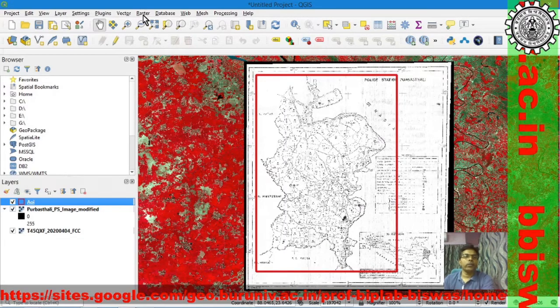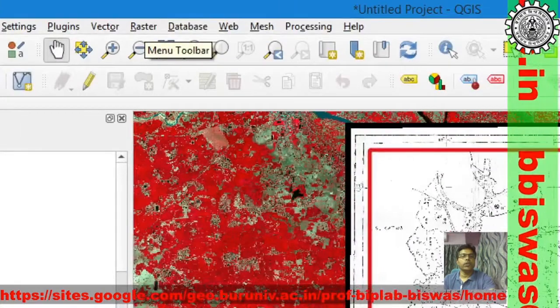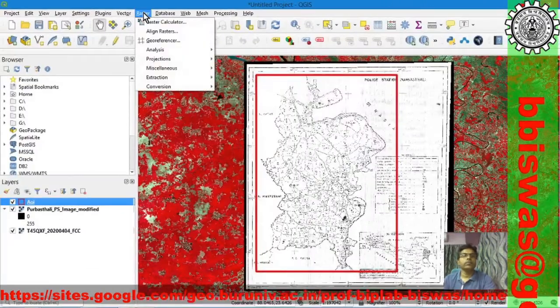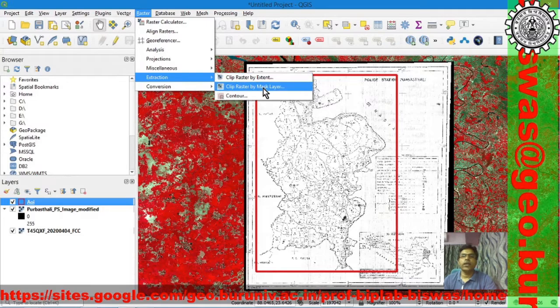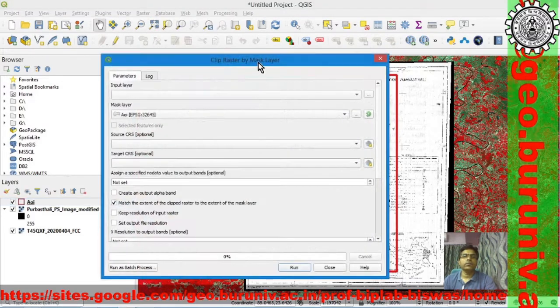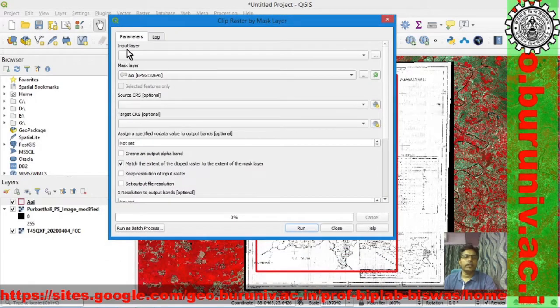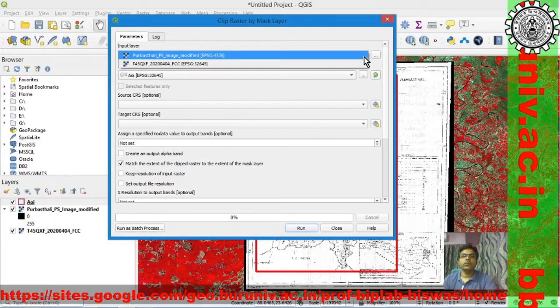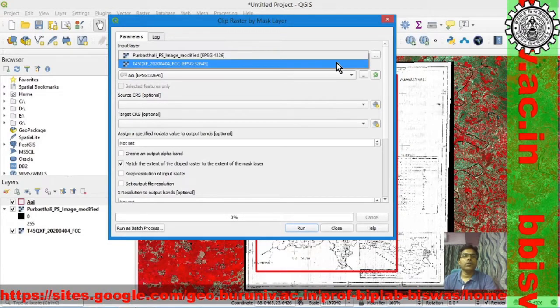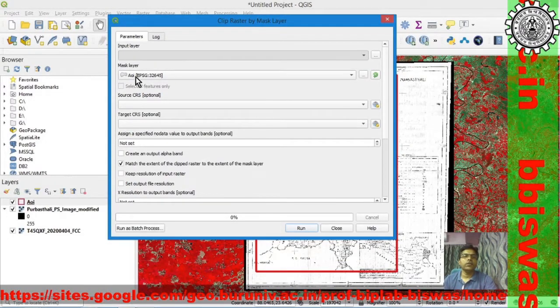So for that we have to go to this raster button, extraction, clip by mask layer, input layer, that is which layer we would like to subset. Of course our satellite FCC.